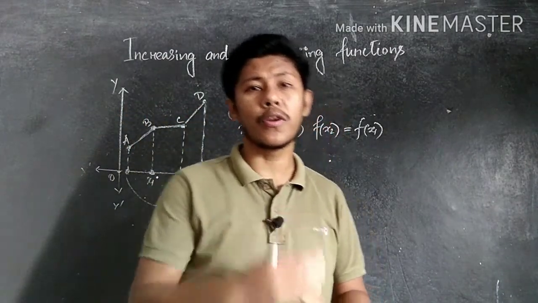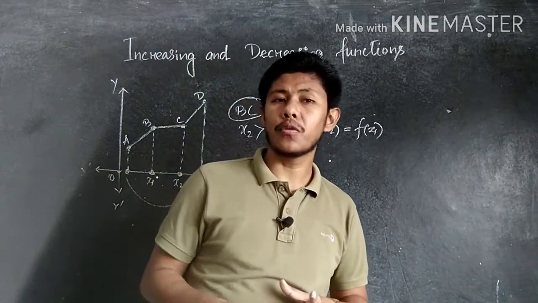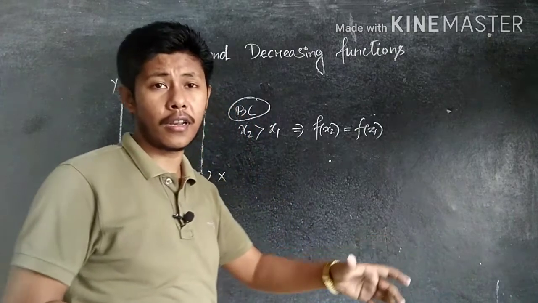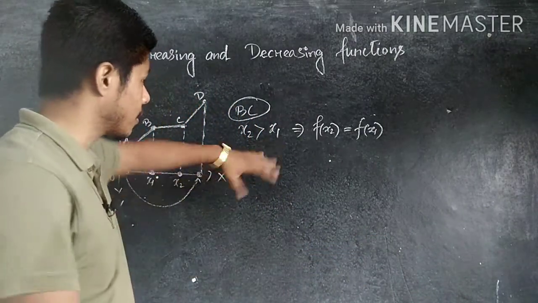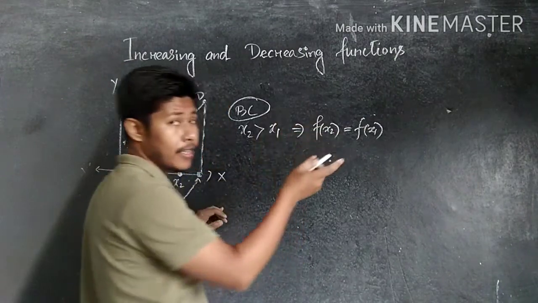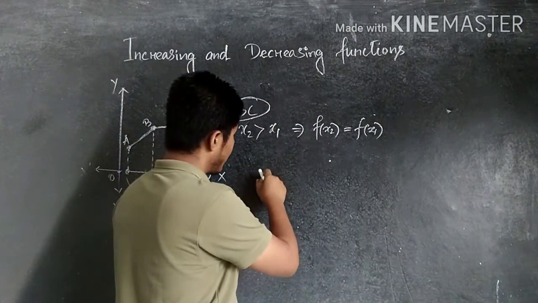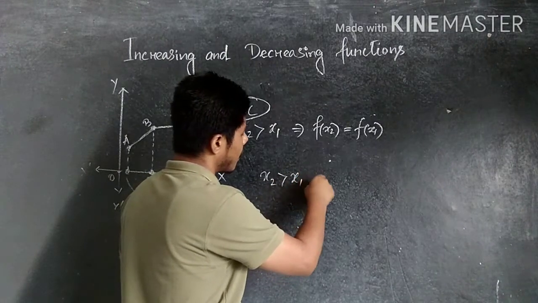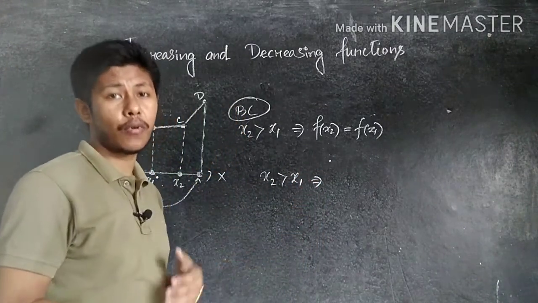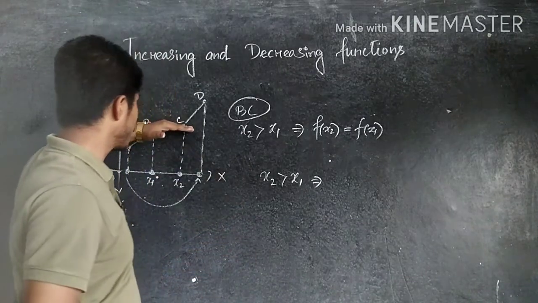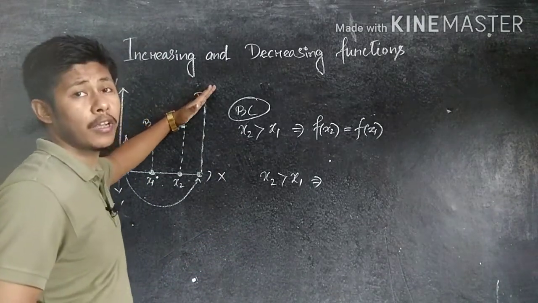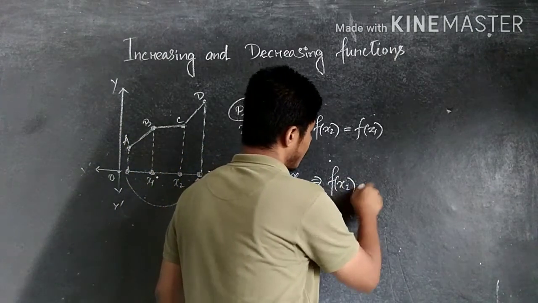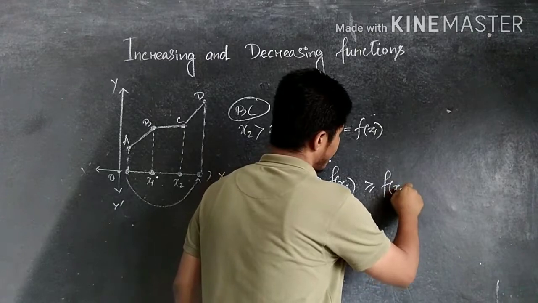In this case, we get two conditions, and one is equal and another one is greater, isn't it? So that's why if you sum up this condition, finally we get, in case of increasing function, the condition we get is this one. No doubt x2 is greater than x1 implies here we get two results, one is equal and another is greater. For this part equal, and for this part greater. So that's why we get here f of x2 is greater than or equal to f of x1.